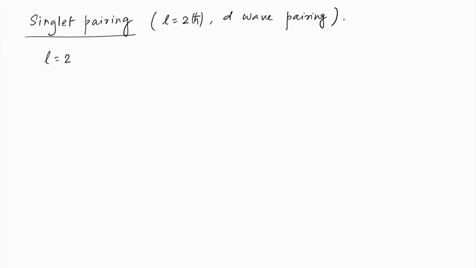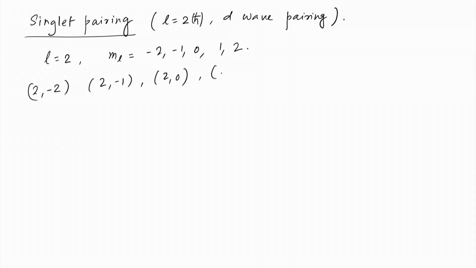So, basically the capital L has got 2 H cross. So, L equal to 2 means ML equal to -2, -1, 0, 1, 2. These are magnetic quantum number values. So, there will be terms such as 2 -2, 2 -1, 2 0, 2 1 and 2 2. These are the possible D wave pairings, and they have names. We are not writing them particularly in order, but they are written as D X Y pairing and D Y Z pairing